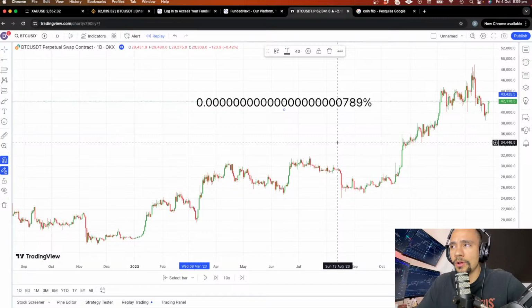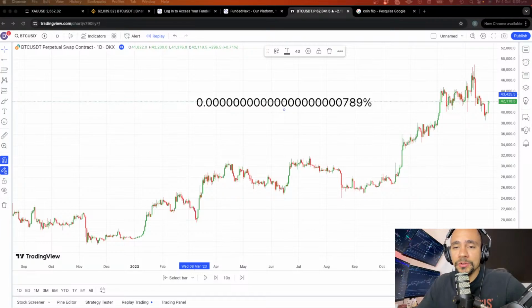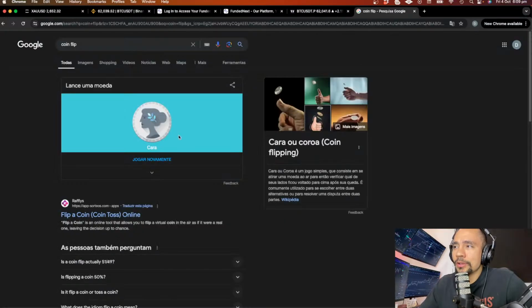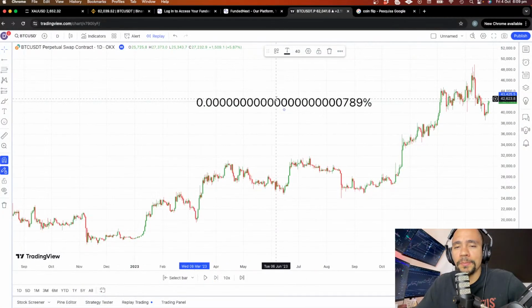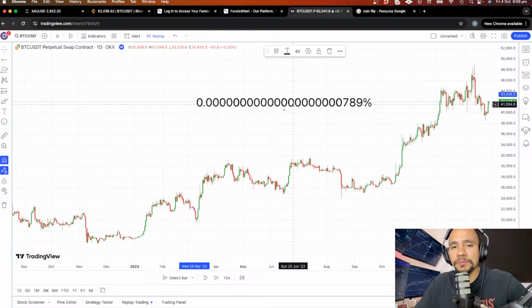It's so small. So you can start with a $100 account or with a $1,000 account, and if you just risk 1% per trade, you're definitely not going to blow up the account. I would bet you will not blow up the account, even if you're a really bad trader, even if you play this coin flip that we're going to play right now, which is basically a 50-50 game. You would not blow up the account. So make sure when you're starting, do not risk more than 1% in one single trade.